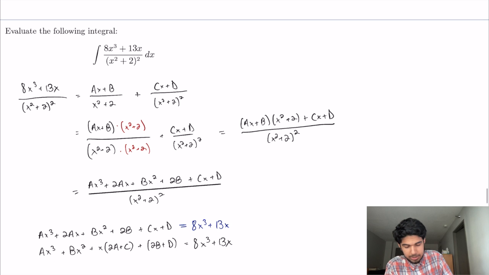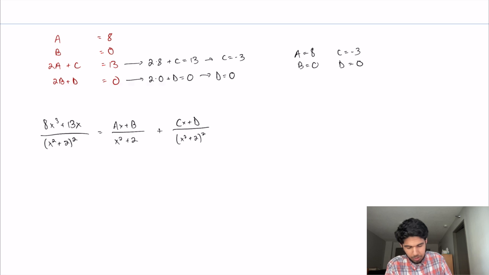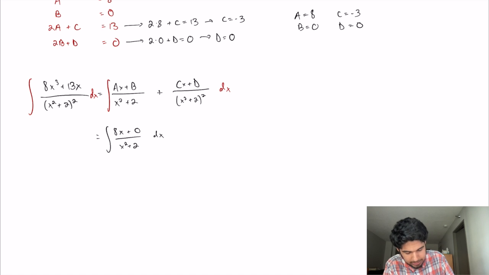Now we can return to our decomposition. Duplicate that. We claim this equivalency. We're trying to compute the integral of the left-hand side, which would be equal to the integral of the right-hand side. We know what a, b, c, d are, so we can compute these integrals. So this will be equal to the integral of (8x plus 0) over (x squared plus 2) dx plus the integral of negative 3x all over (x squared plus 2) quantity squared